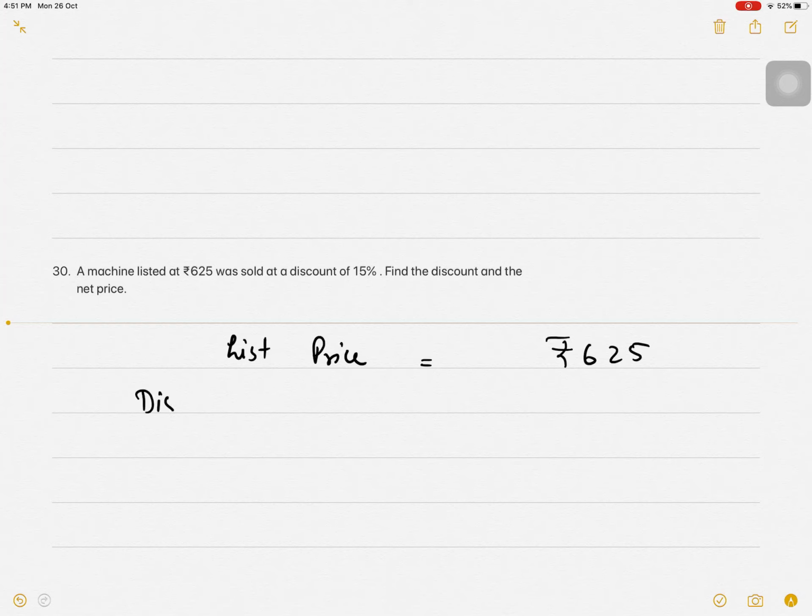Discount is 15%. So discount is at the rate 15%, which is 625 into 15%, which comes to